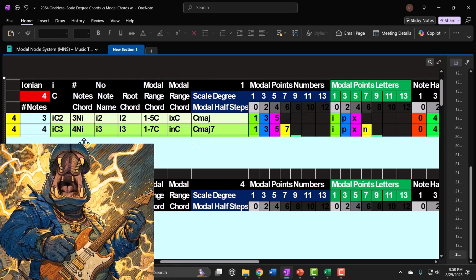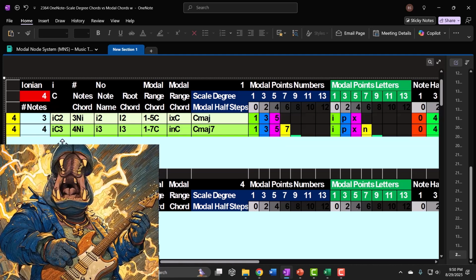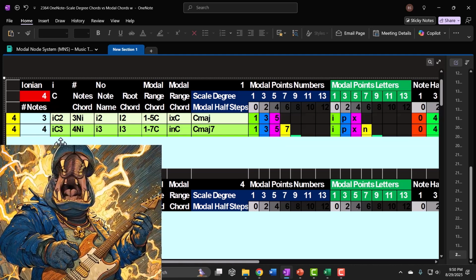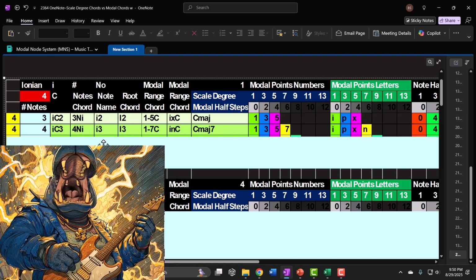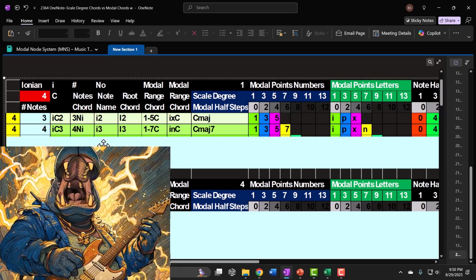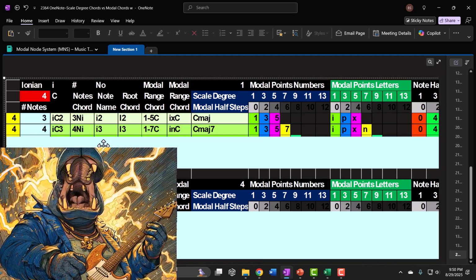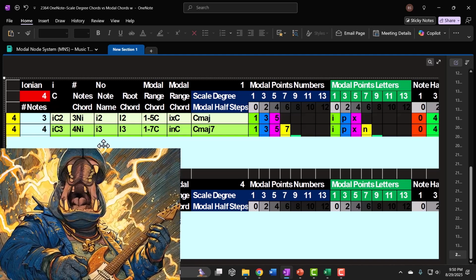So it would be a 4-note Ionian chord, meaning take every other note until you get 4 of them, or an Ionian C3, but the C would be redundant. I'd rather just call it an Ionian 3 modal whole step chord. Start on the Ionian, go 3 modal whole steps to get to the end point, and then take every other note on the way. We can name it by color, though, by saying it's the